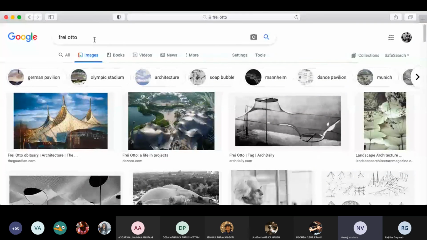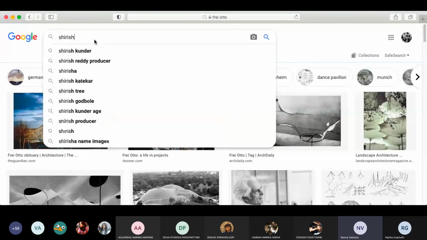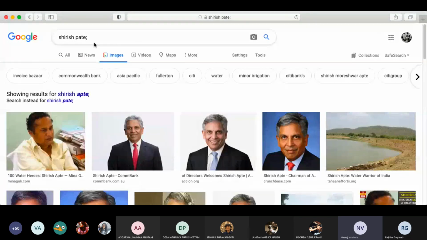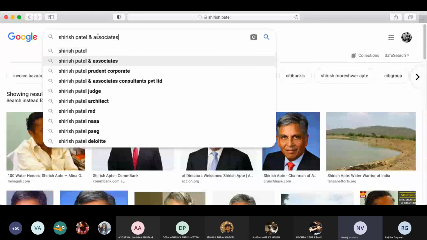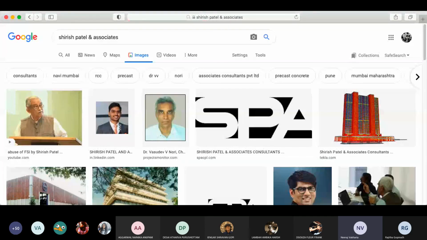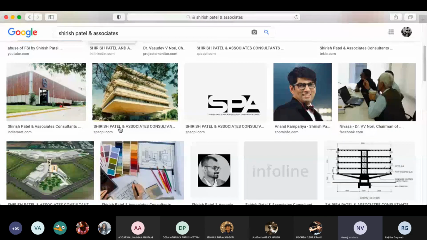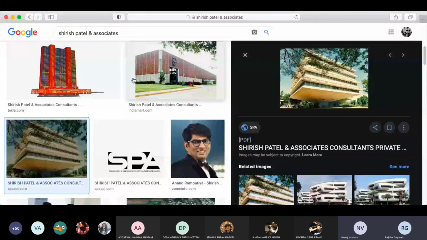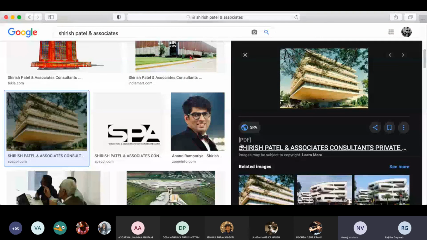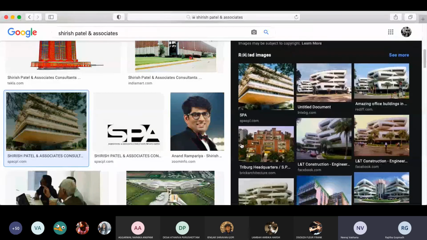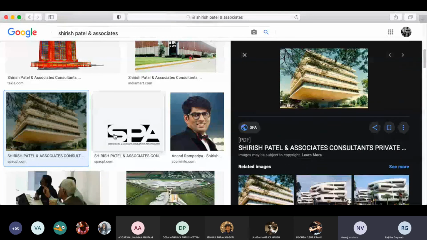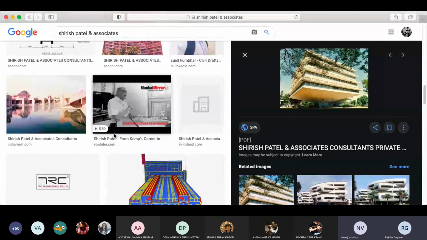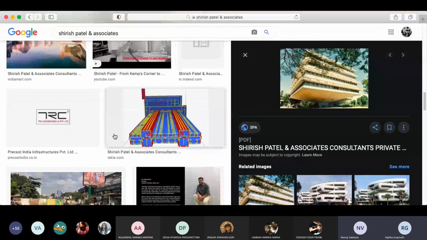You might find some articles over it. You might find some case studies which are done with them, about the structures, so try to look for them and get the technical data, and then you will be able to know why they are one of a kind structures. So yeah, you have not just the architects, but all these other architects also, like Shirish Patel. Iska zyada, I don't have too many things to show in them, but yeah, he's the Shirish Patel person.